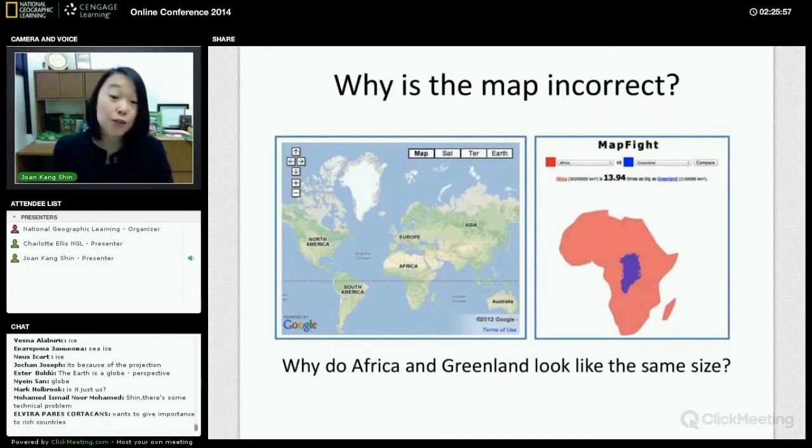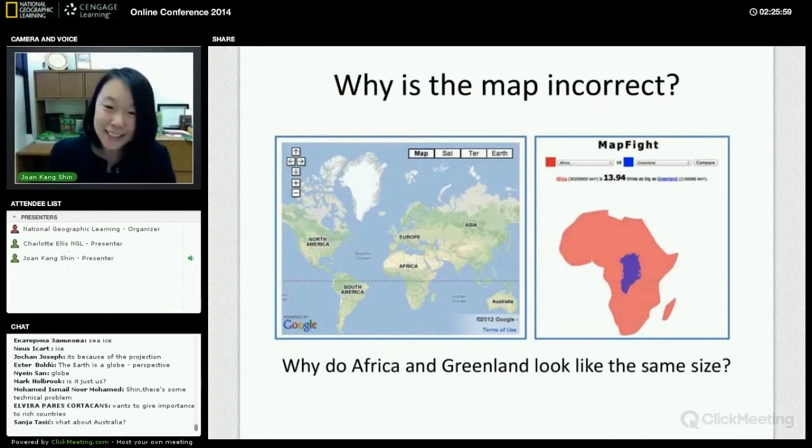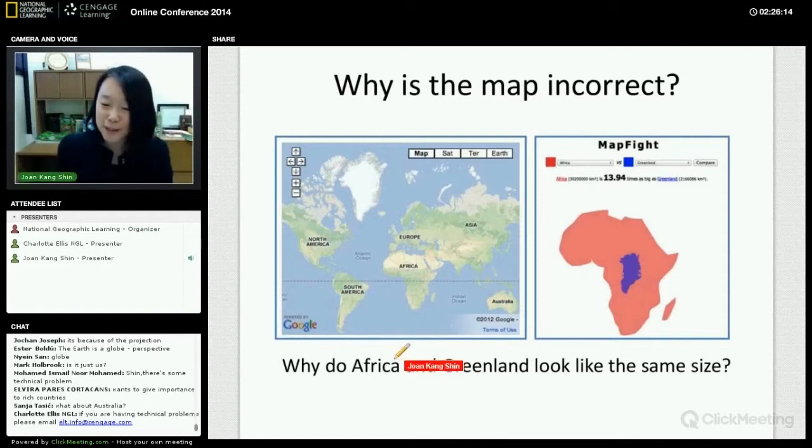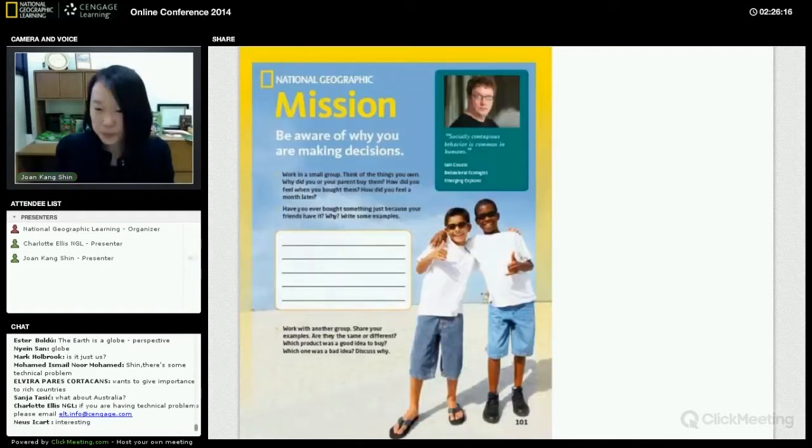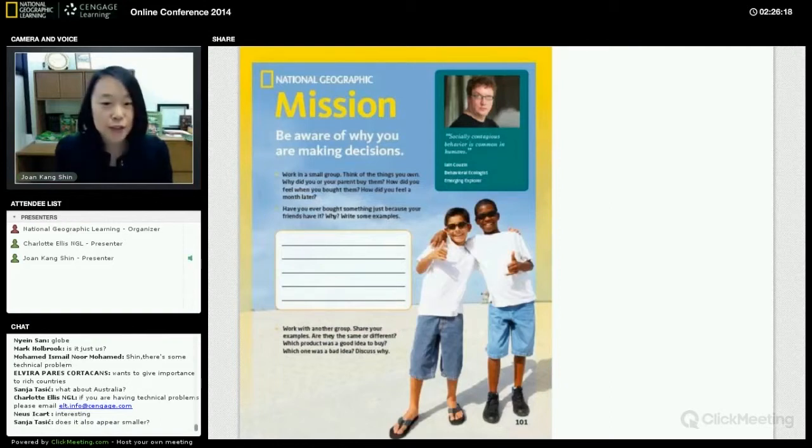Is it just the tradition of map making, or is it a much more Eurocentric view of our world that makes Europe and North America look bigger than they actually are, and makes these other areas of the world look smaller? Something to think about. So another way you can get your students to think critically, and this is very important,